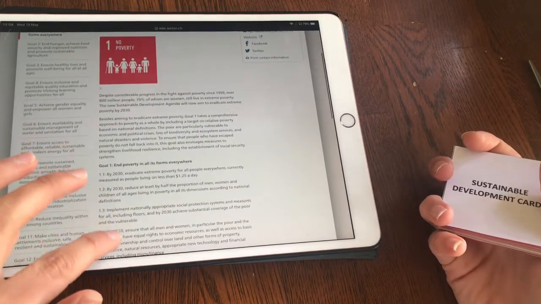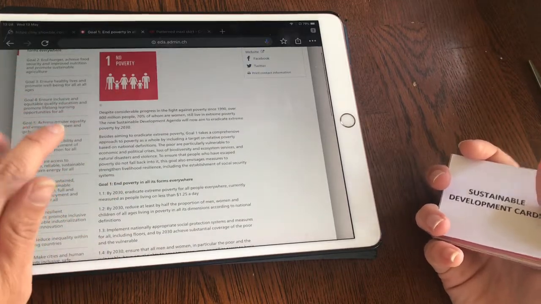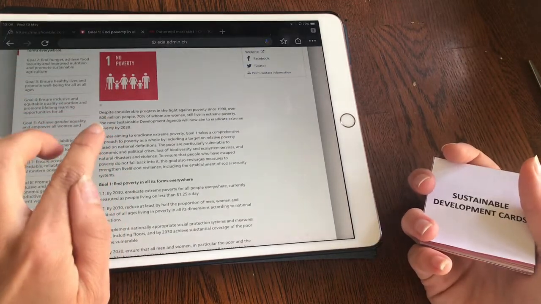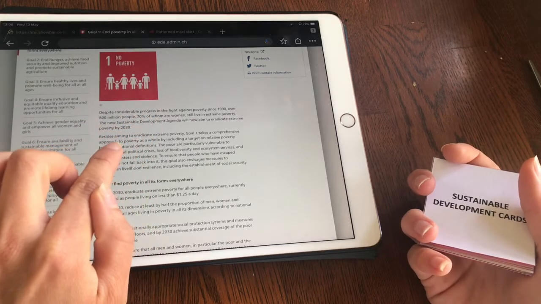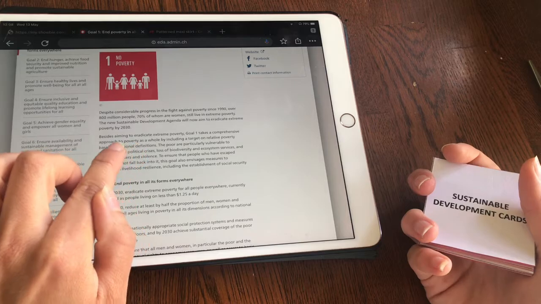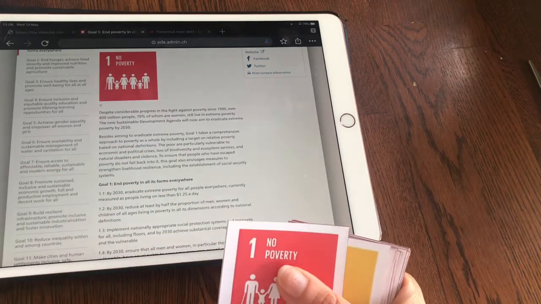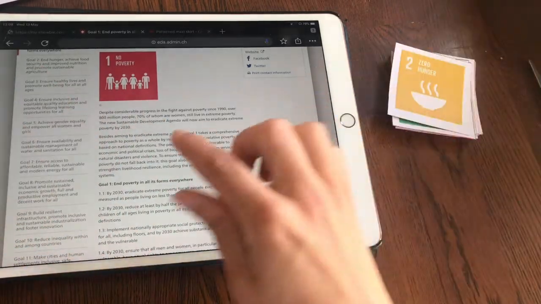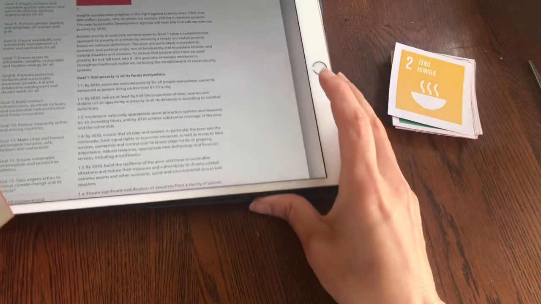Okay, so there's a lot of information on here and I don't want you to have to do too much reading. You're already going to have to do quite a lot for this task. So if you look where I'm pointing, that paragraph there and then the paragraph that I'm pointing to now, you don't need to read through those 2 paragraphs, okay? Skip those 2. Okay, so grab your card number 1 and then scroll down to where you can see 1.1,